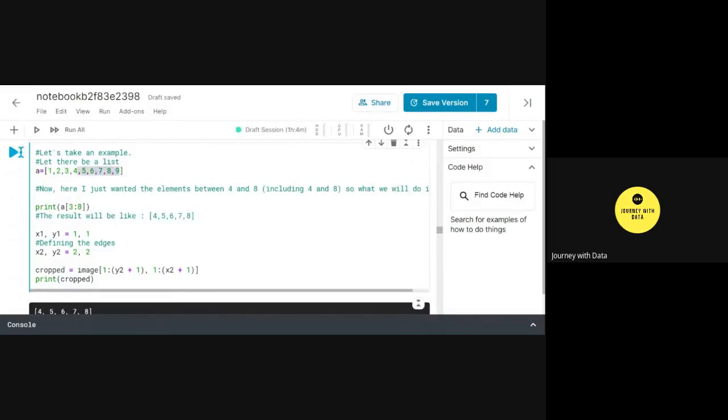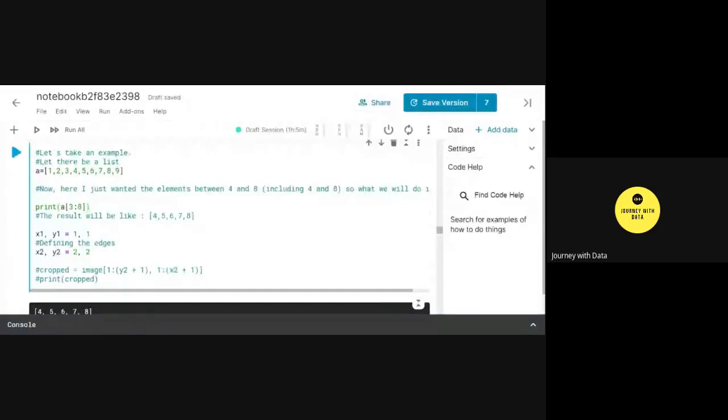Now if I run this code, you will see what it prints. Let me comment this out. Now I'm just printing A and then brackets and then 3 colon 8. Always remember, whenever you supply the last index, the elements will be retrieved till n-1 places.